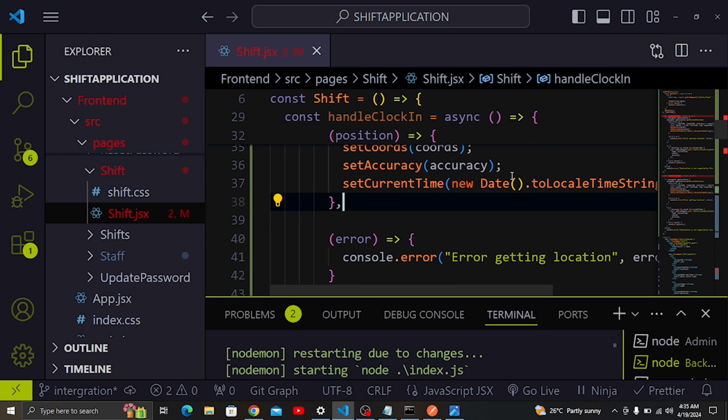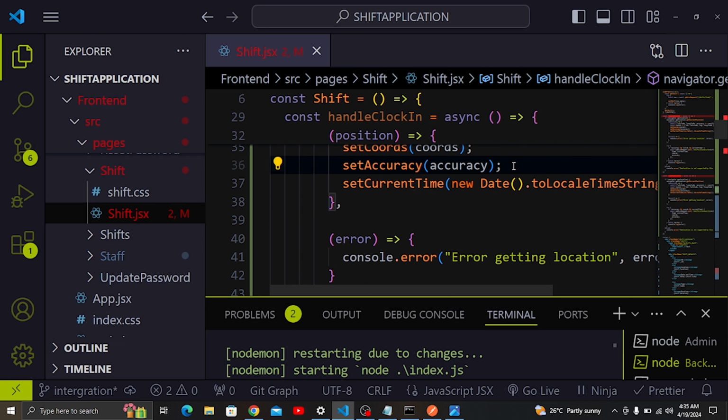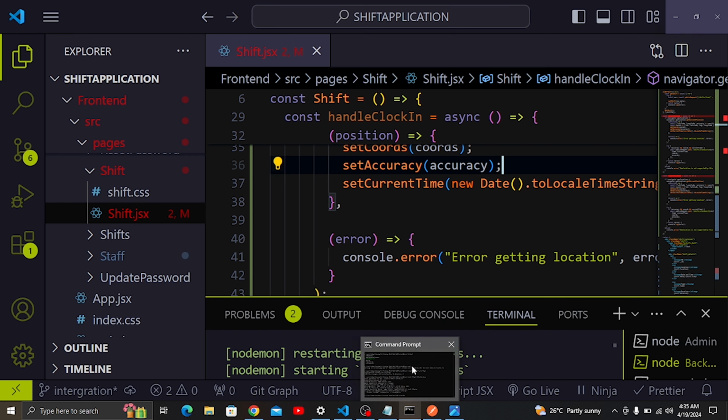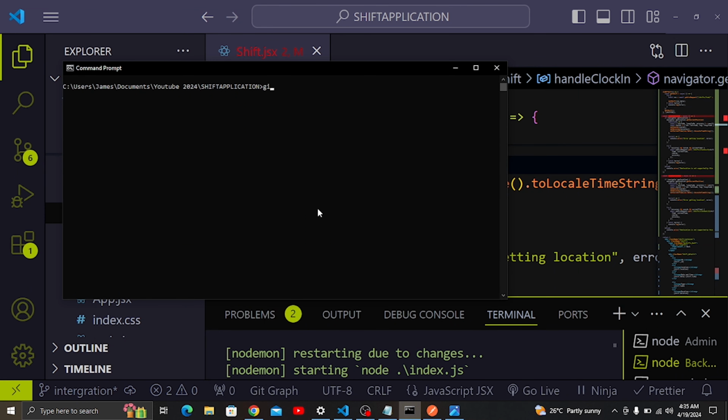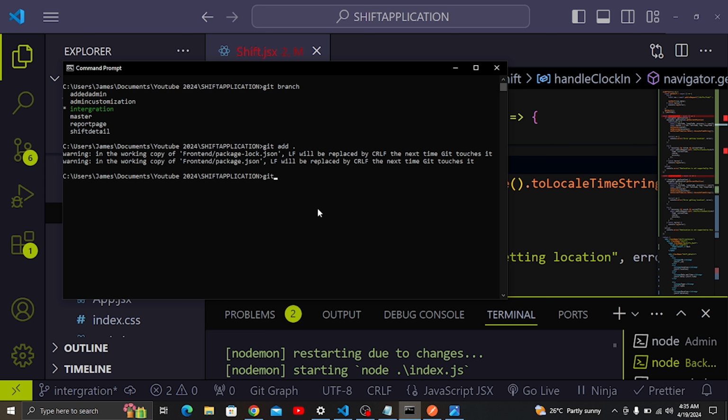In this part, I also want us to push our code to our GitHub, just the way we do in every episode of this project. First of all, I'll clear here and check my branch again, because this is something I do in every episode, so I'm not going to repeat it. This is integration, so let me git add here like that. I'm going to commit also, so git commit, and then let's say something like